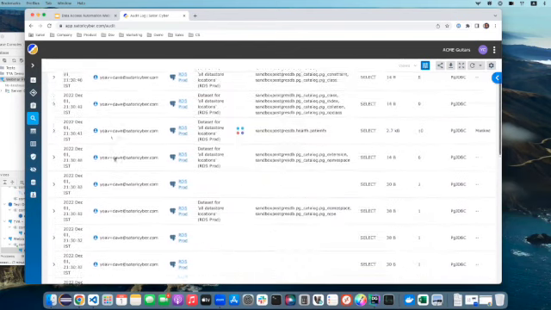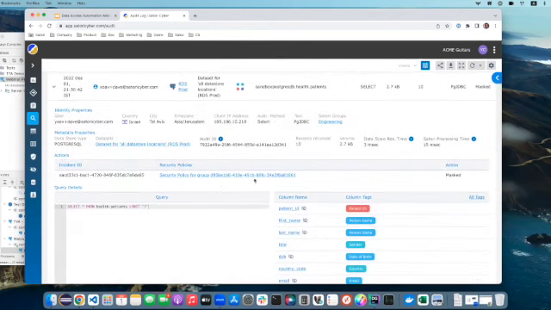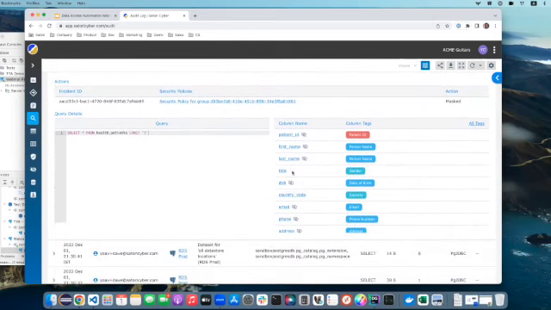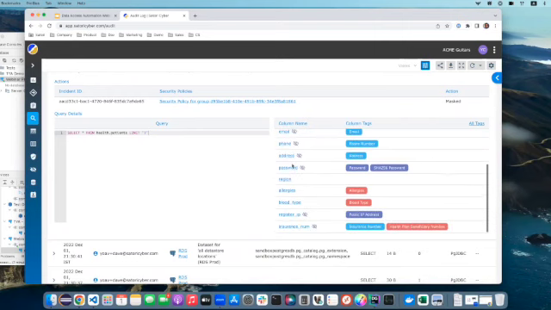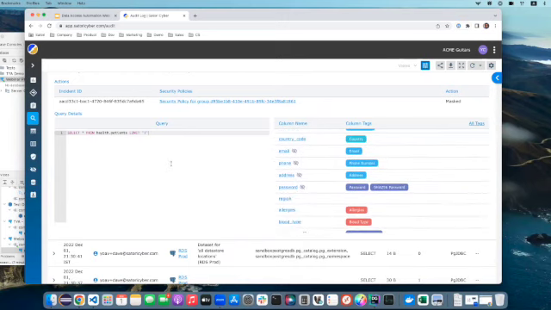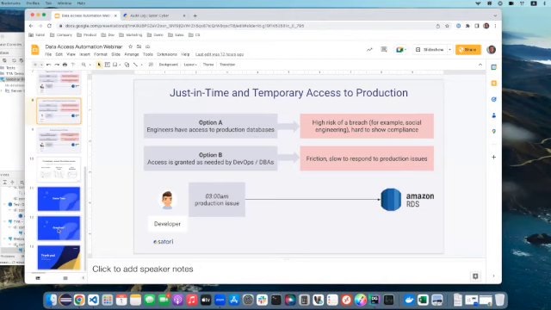I can look at, here's a query that shows that a policy has been enforced, and these are all the columns that got masked by Satori. You can see these are the two columns that we removed from the masking profile to show you how cool and dynamic this is. I can go on and on about a bunch of stuff here on the system, but let's